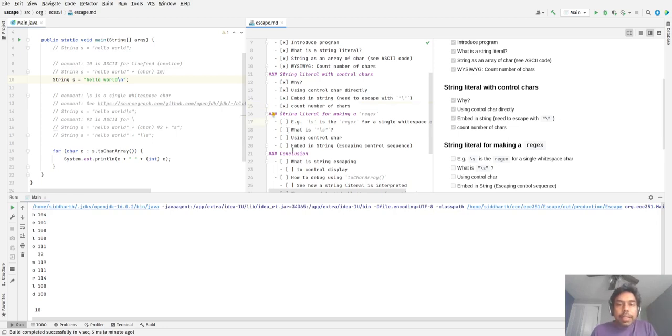Now things get a little bit interesting when we get into constructing regular expressions using string literals. So for example, \s is the regex to recognize a single white space character, and let's try to see what happens when we add it to the back of a string.